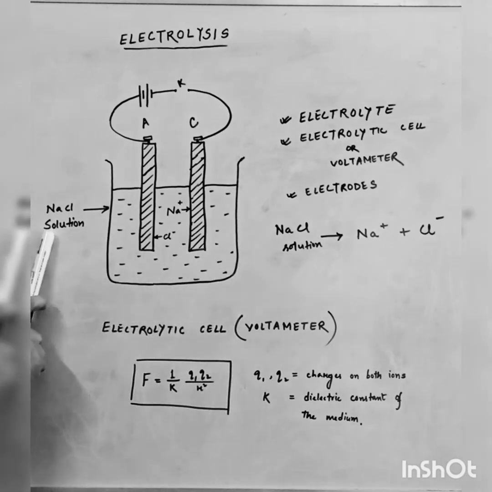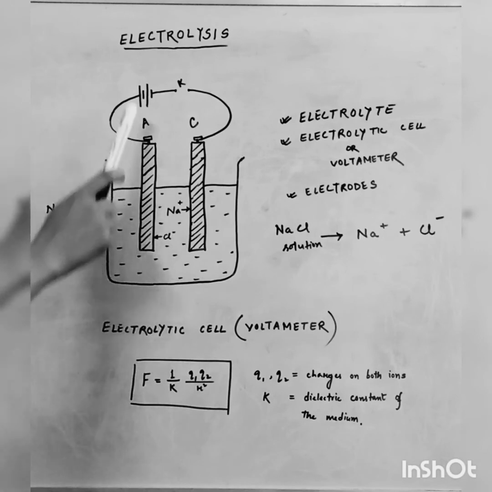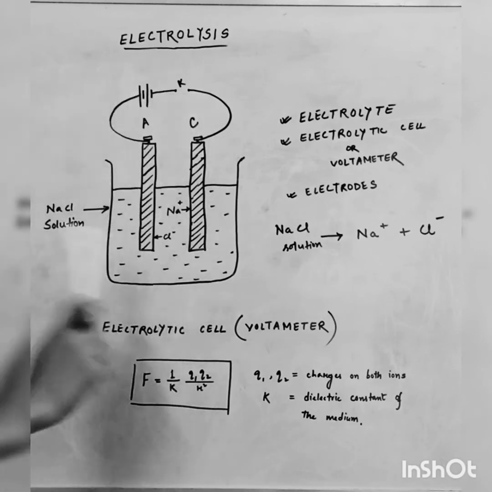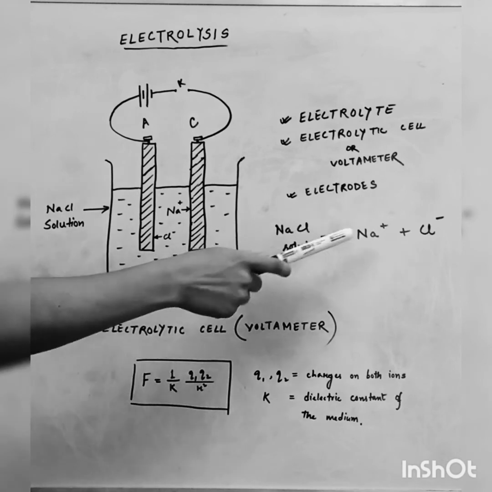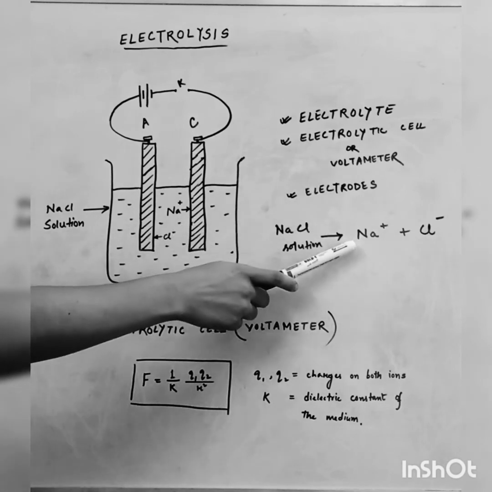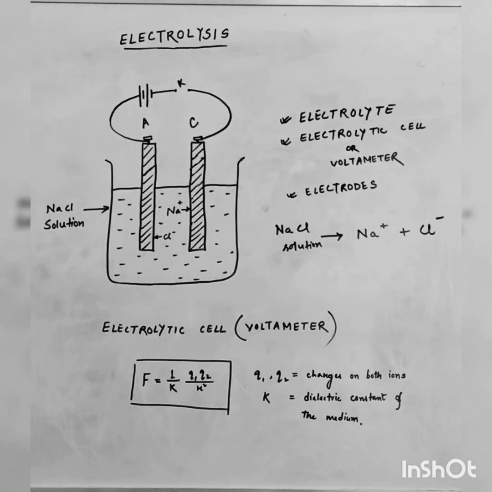Here I have taken sodium chloride solution. So here, when the electric current passes through the sodium chloride solution, then this NaCl molecule will break up into two ions, sodium and chloride. Here sodium is a positively charged ion and chlorine is the negatively charged ion, and these two